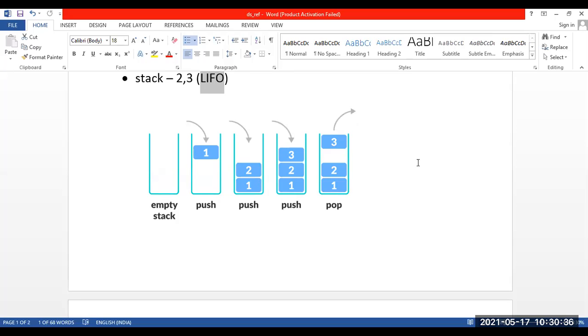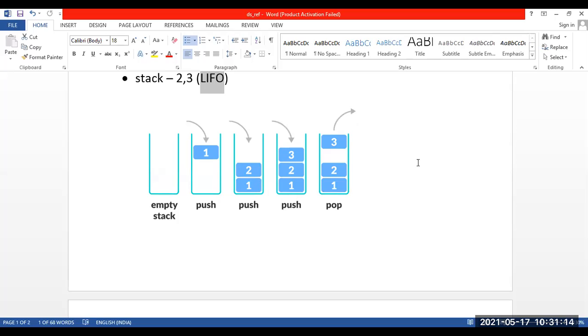Now we are going to study the first kind of a linear list. To understand a list, or rather a linear list, linear means standing one behind another. So stack is a kind of a linear list. The moment I say stack, you should first recall its order, or its protocol. You should recall what rule is applied to a stack. How does this stack work? On which rule does it work? So the order for a stack is going to be LIFO.